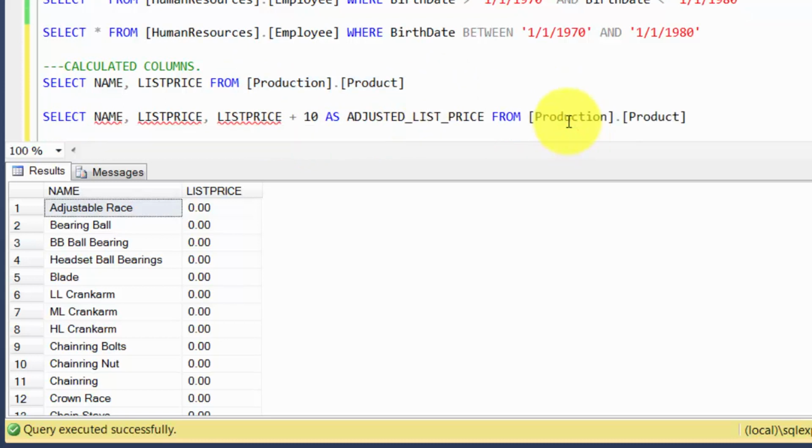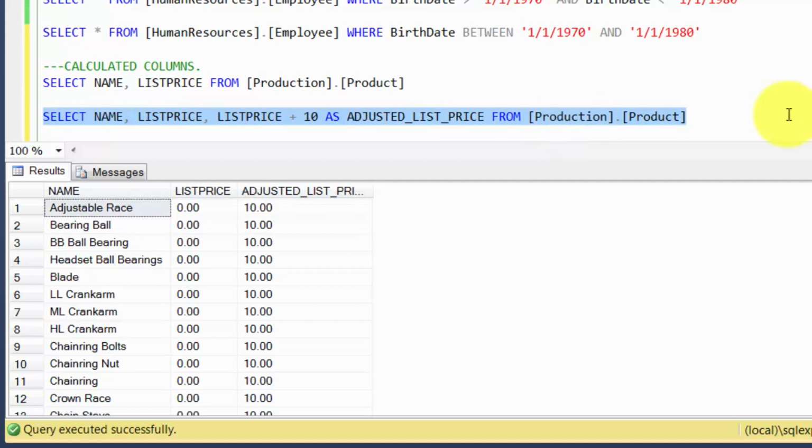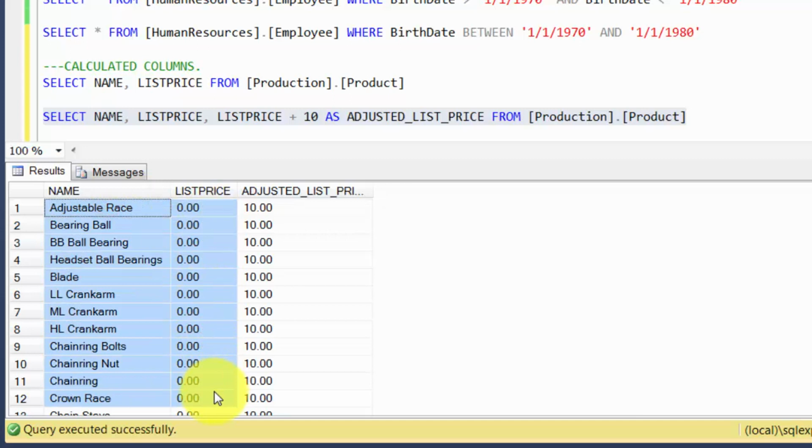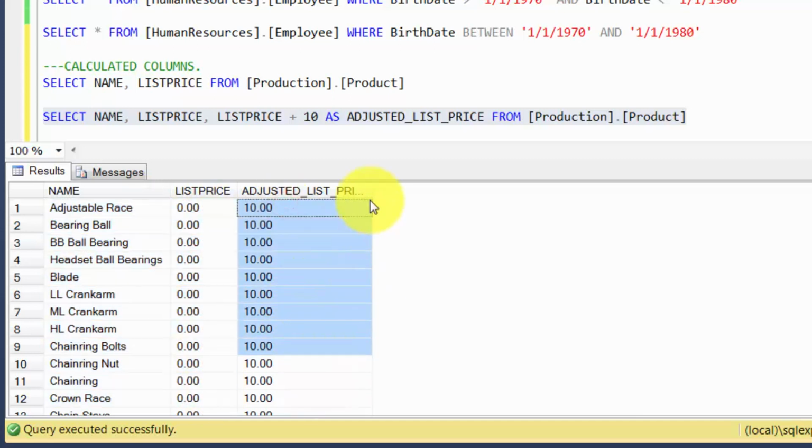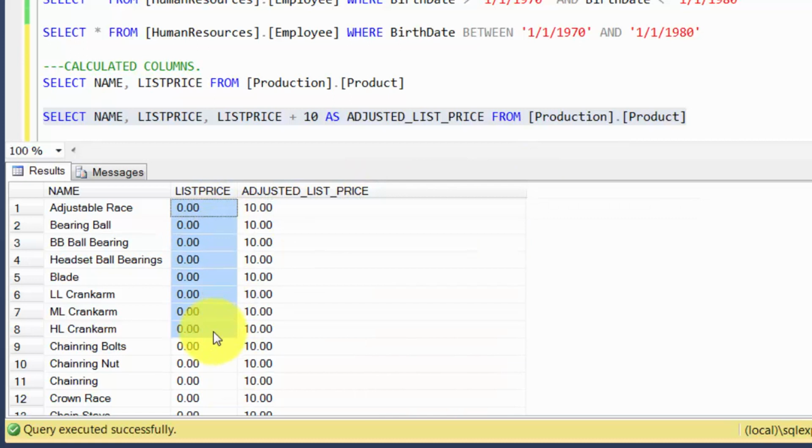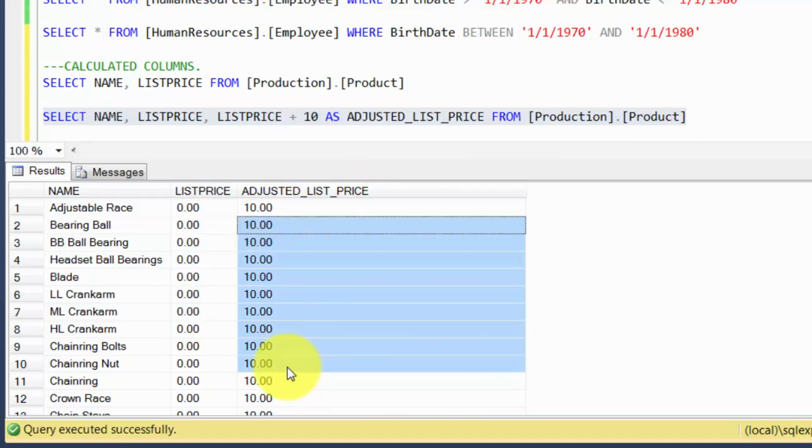Okay, let's see how this looks like. Okay, so you see that these two are the columns that the table provides. This is basically a column that you introduced, and what you basically did was that whatever was in list price, you just added $10 to it.